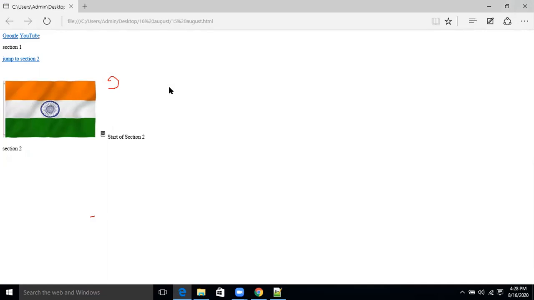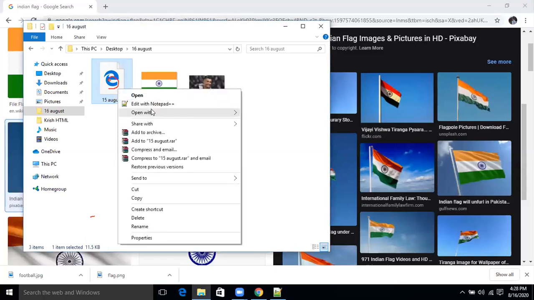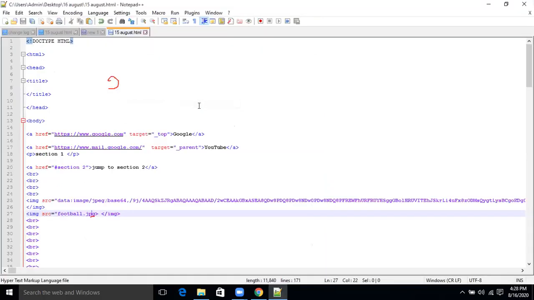Let's open Microsoft Edge. That's okay. Click cancel again. Close this one. It's not showing it for you. So you have to do open with edit with Notepad plus, image source equal to football.